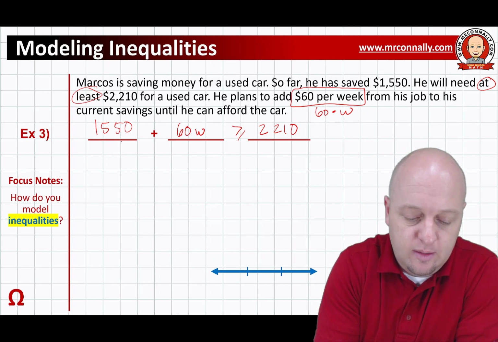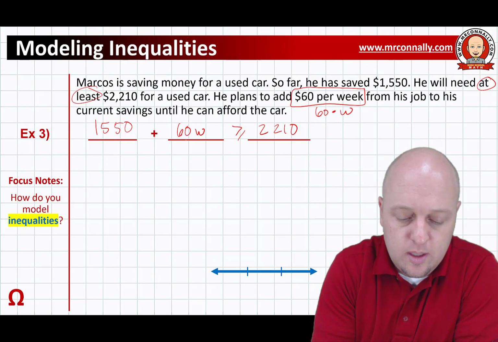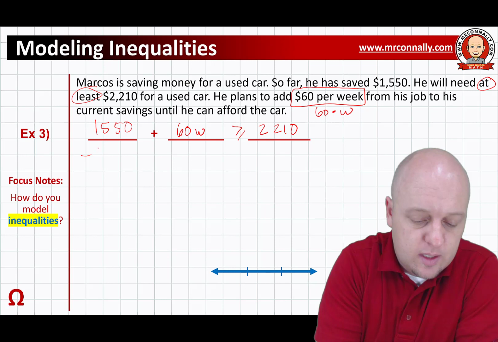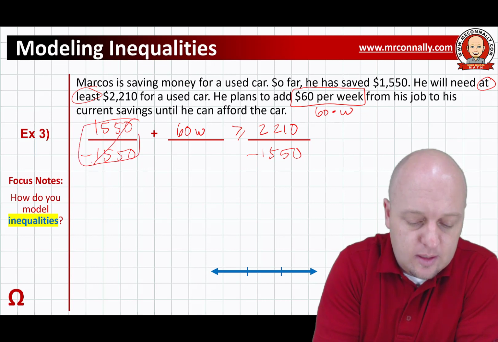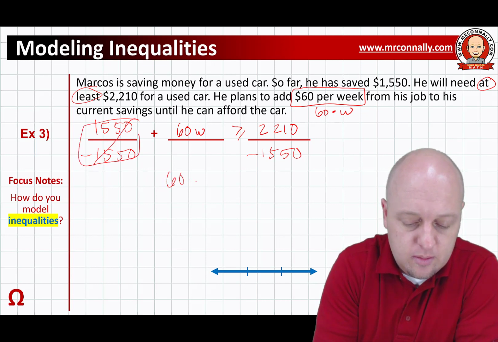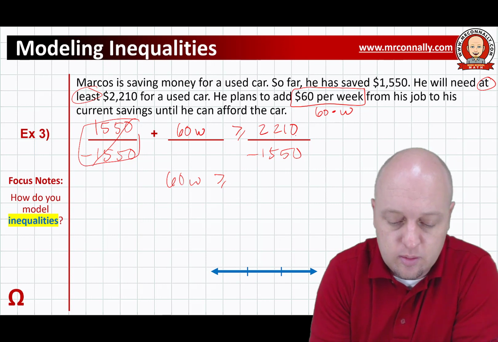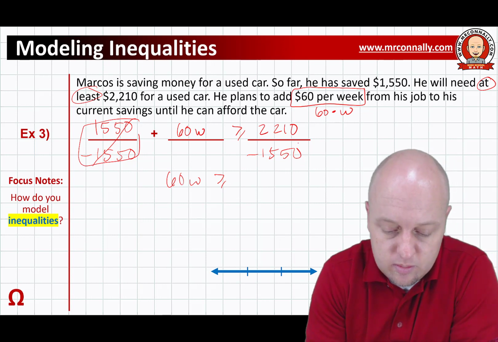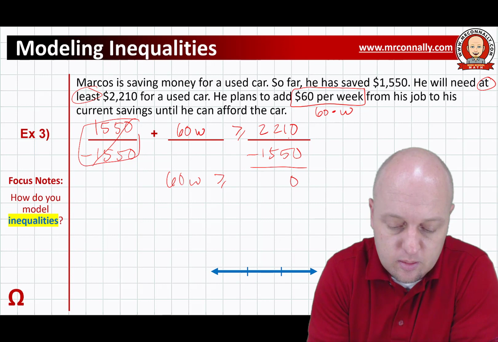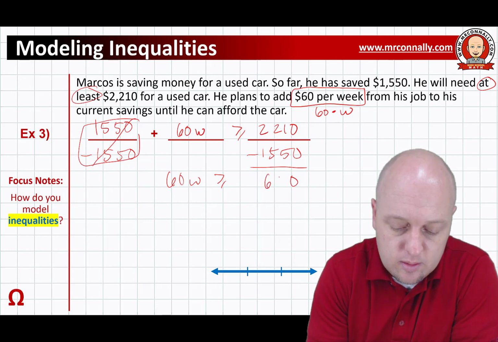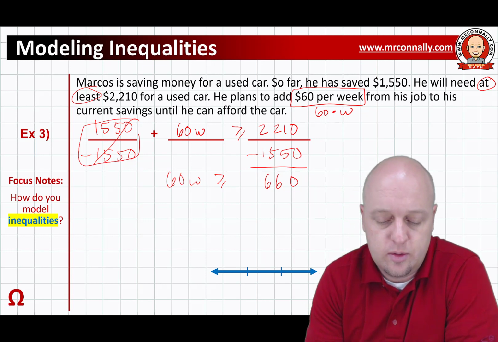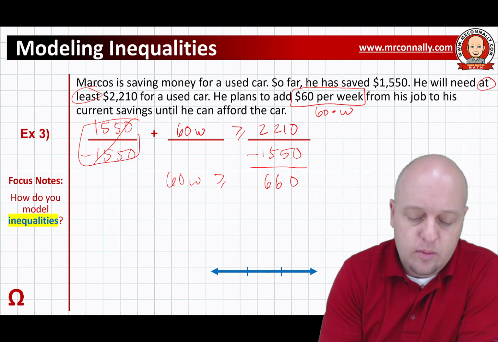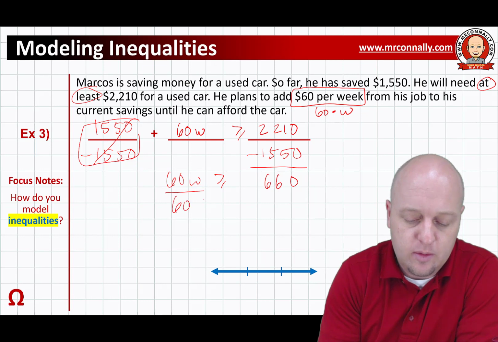So we've got 1550 plus 60W. We want to get the W by itself, so we'll subtract 1,550 from both sides. This cancels, and we're left with 60W is greater than or equal to this number, which would be, let's see, that's 660. Okay, so we subtract those two numbers, and now we've got to use our division property of equality, and we